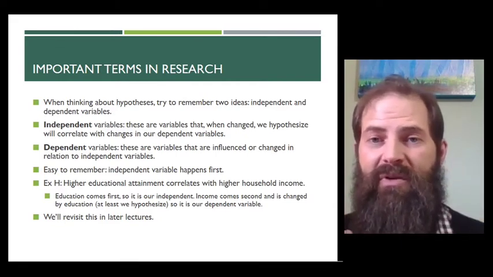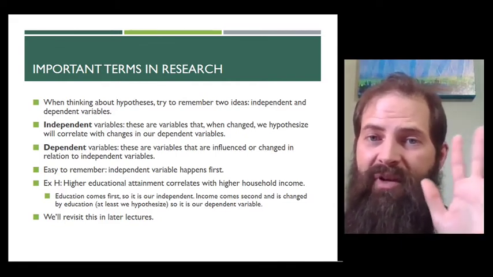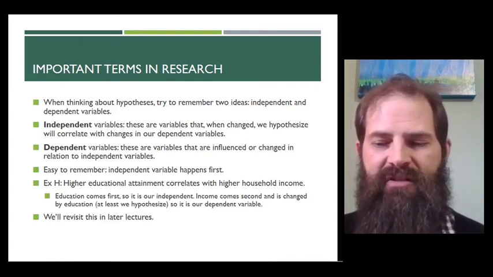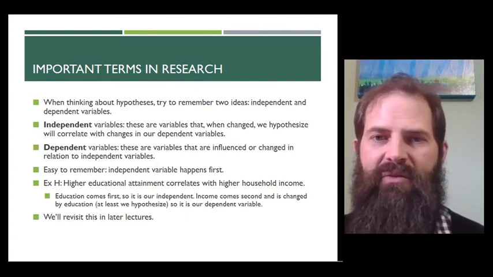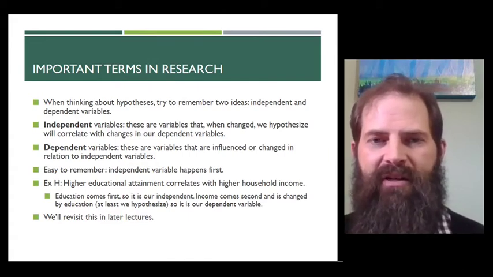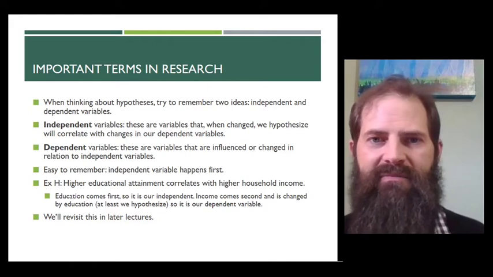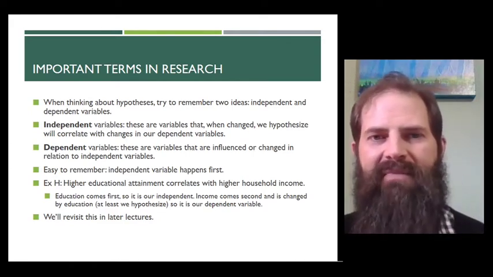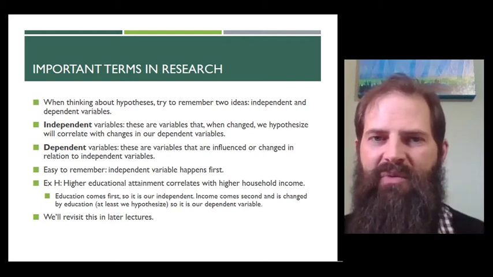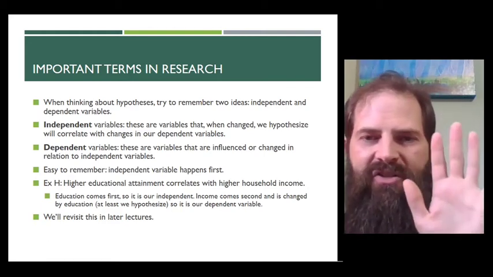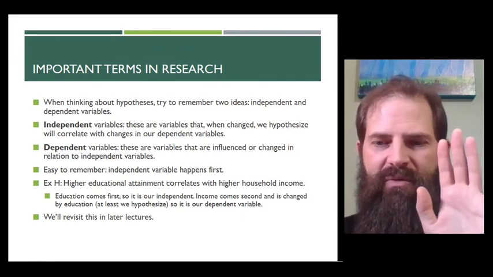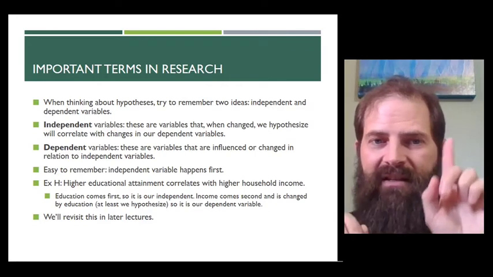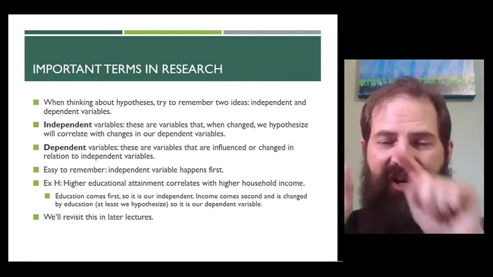One thing to remember is we always want to make sure that the independent variable happens first. So I can't make the argument that the educational attainment of people in 2010 will influence higher incomes in the year 2000. Why? Well, the year 2000 is way over here off camera, and the year 2010 is way ahead of it. We have to keep them in order. I think that higher educational attainment in 2010 will influence having higher incomes in 2011. Happens first, happens second. This one changes, this one gets changed by this one.